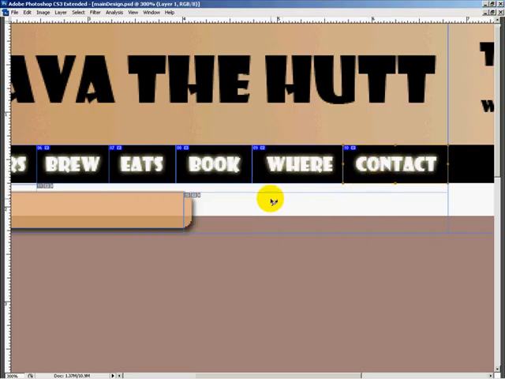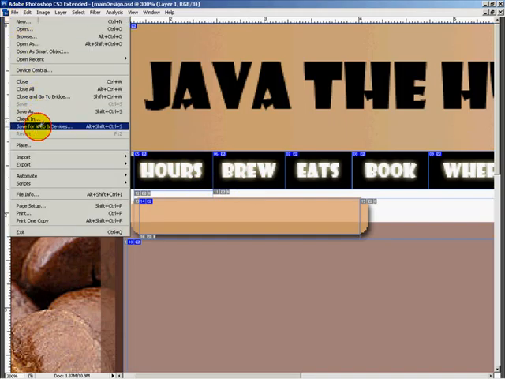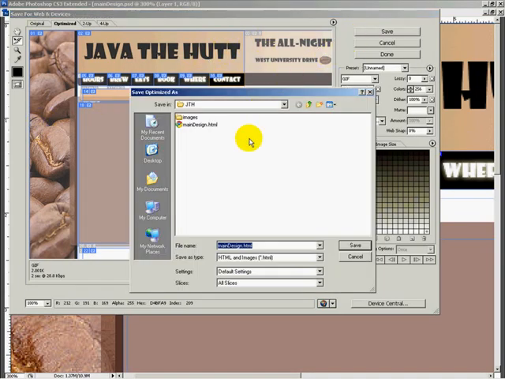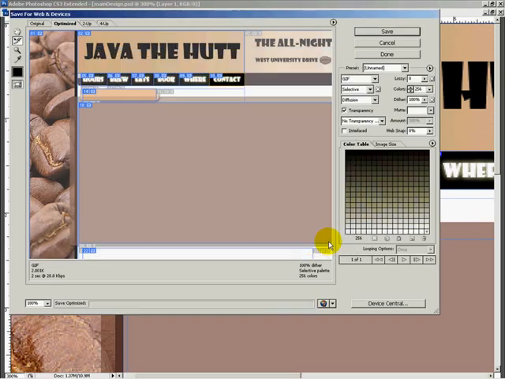Okay, alright. So now that I changed the slice names, okay, and without changing the dimensions of the slices, I just changed the slice name, which will change the file name. If I export it again, okay, it should create some new files. So just click save, and click save, and then when I click replace, the reason why